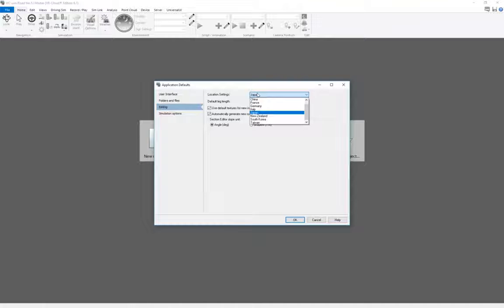So if you want to create some data for Japan, please select Japan. For another country, please select this other country. And if you need a new location setting, you can create a new one. But I will not go in detail about location settings now. So I'll select Japan in that case.